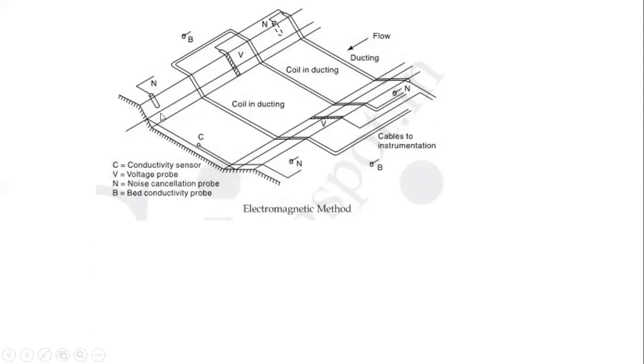Then in this particular stretch where we are going to measure the discharge, we have placed those coils. Here we can see the coils, and those are the ends that will be connected to the supply, those cables going to the instrumentation part. We have placed those conductors exactly perpendicular to the flow, or along the width. This is nothing but the width. So those current carrying conductors are placed along the width, and those are their ends for connecting to the supply.